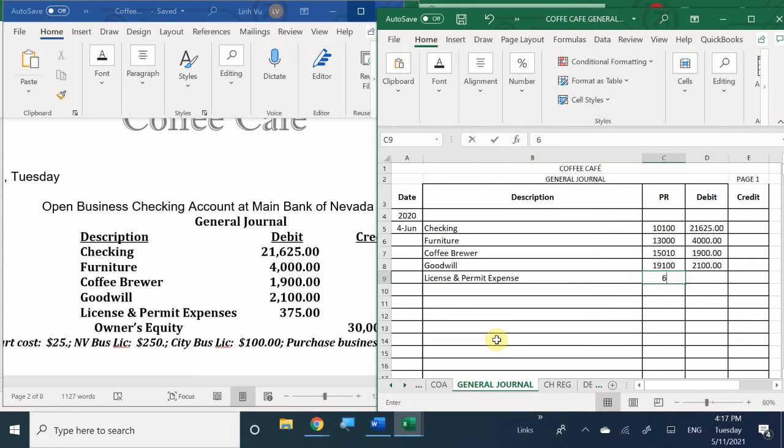So in this case, this was 6,600 for the total of 375, right? That was 200 for the state, 100 for the local city, and then $75 for the court cost. Okay, so there we have. Oh, sorry, it's $250 for the state. Okay, so there we have it, and of course we have one more account, which is